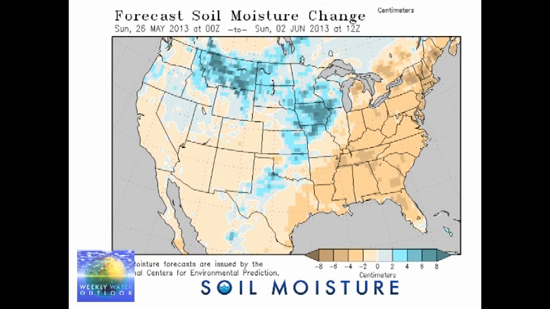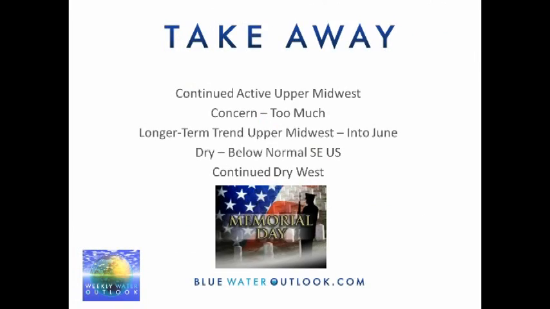So, like I said, I have a concern for soil moisture, and the blues here, especially the darker blues, show very significant increases in soil moisture in the areas I mentioned. Now, in Texas, that's probably very welcome. Parts of Kansas perhaps as well. But then when we get into northern Missouri, Iowa, Minnesota, North Dakota, that's not quite as welcome, and especially that area in Iowa, there is some concern that it's already on the wet side, and it's going to be very soggy once this next rain event moves through.